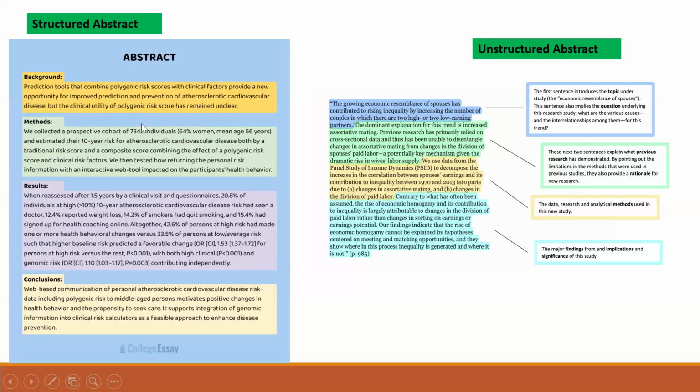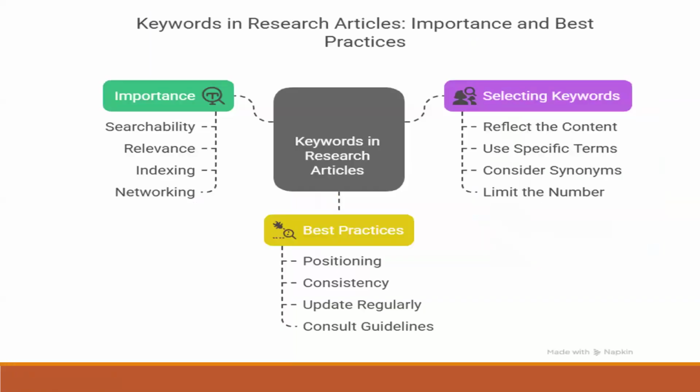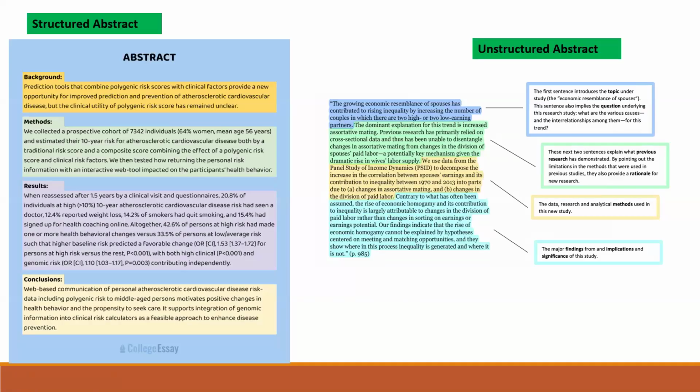So what I want us to get from this is that when you are told to write a structured abstract, it still contains the exact aspects like the unstructured one, except that in the structured version, you have those sections written out very clearly. Each journal will tell you whether they want a structured or unstructured one. I'm bringing it up because sometimes you will see a journal asking for a structured abstract and you'll be like, what is a structured abstract? I know an abstract is an abstract. So this is what it means when it is structured.